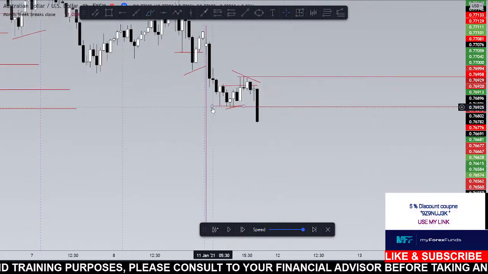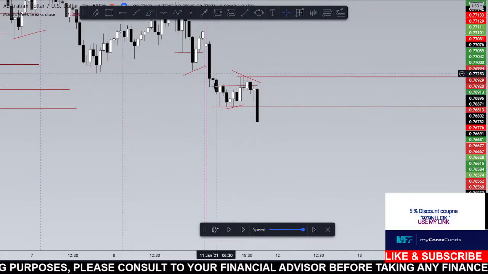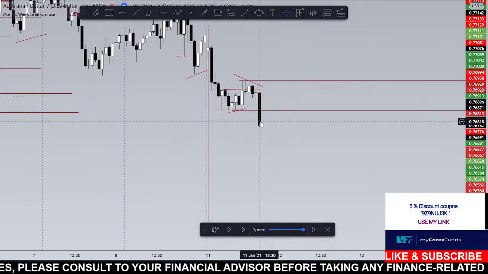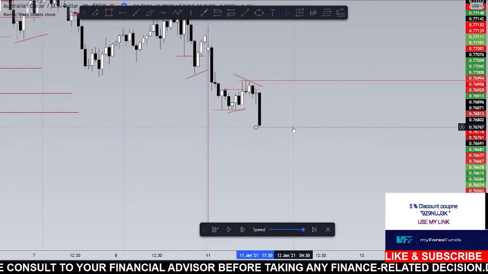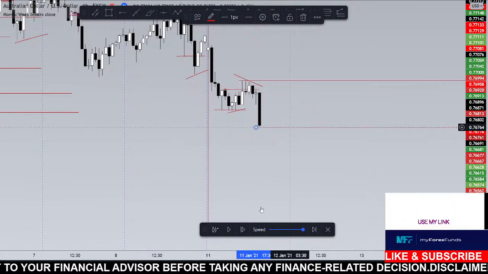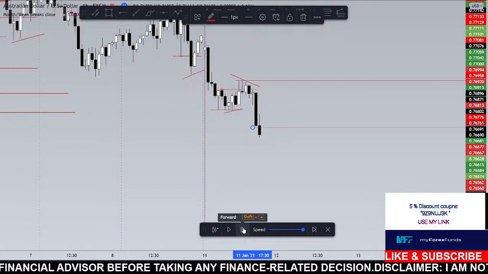Because the previous market condition broke the low, retraced, broke the high, retraced, with no strength in any direction. So if I get this type of black candle, I would like to wait and see whether it keeps continuing its move or not. Now I am getting some sort of